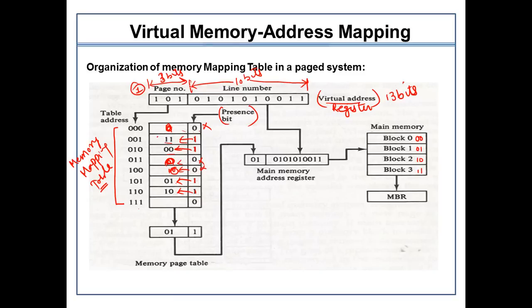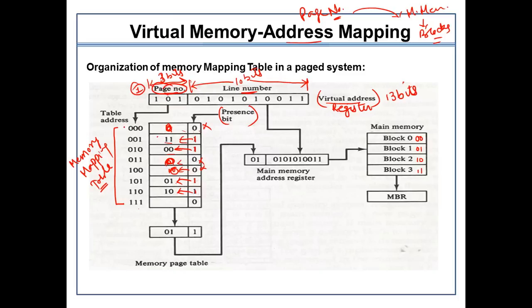Now, if you can see here, this virtual address has been segmented into two forms: the page number and the line number. We have to work on the page number, because we know that the virtual memory's address mapping procedure uses the concept of page numbers, and the main memory consists of the concept of blocks. So it will further help me in clarifying the idea, right?